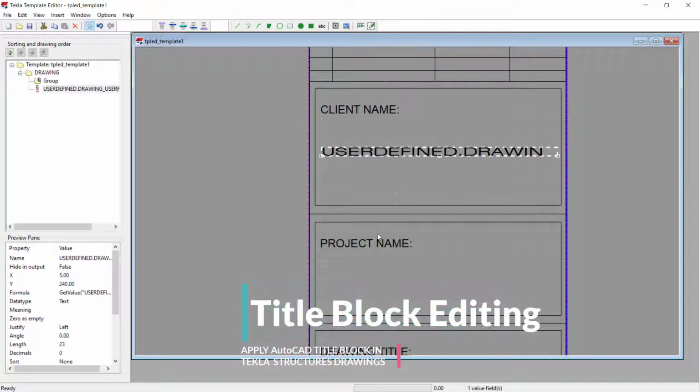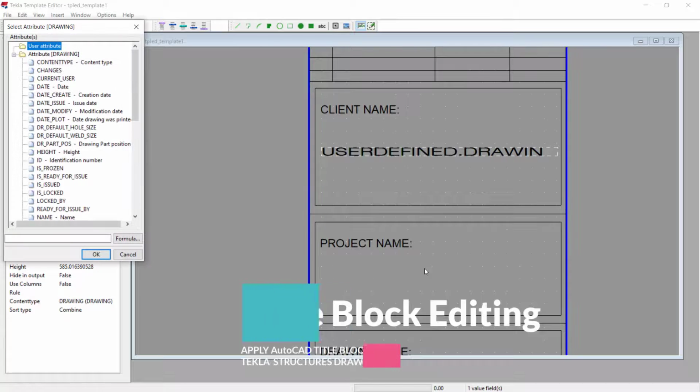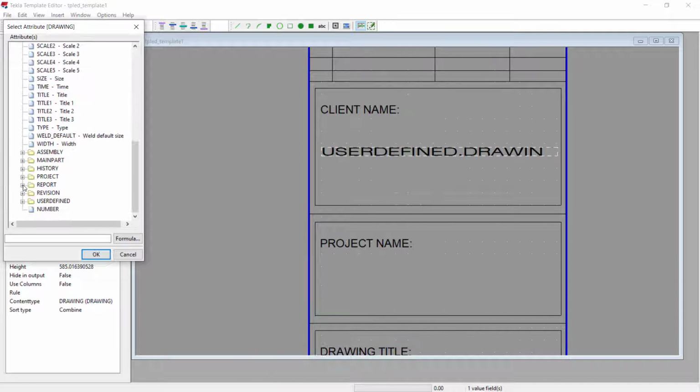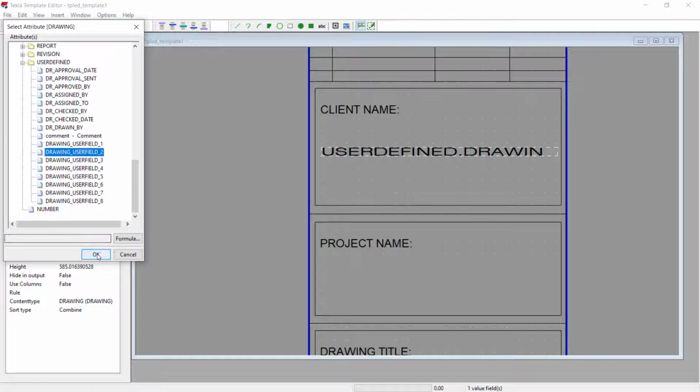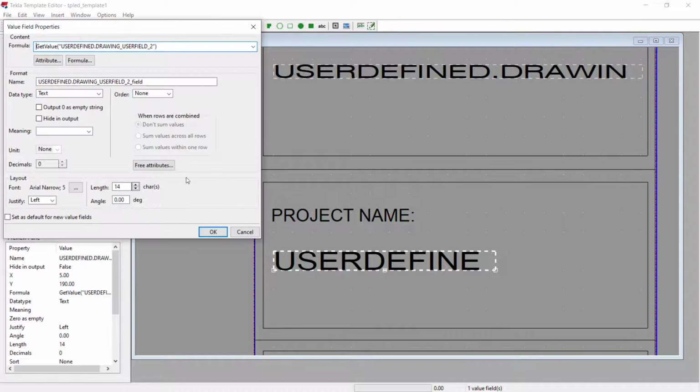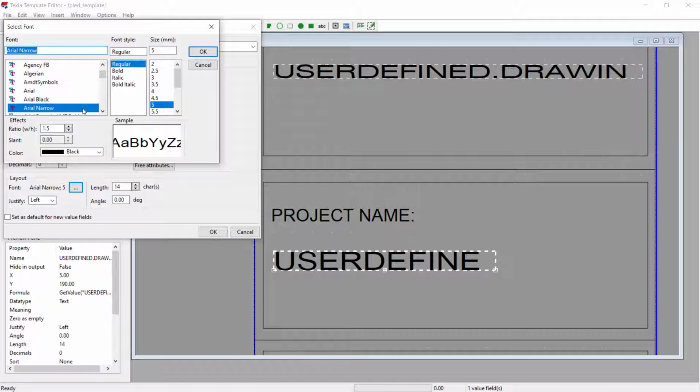Now I'm going to user defined two. I'll come to value field and place my text right there. So the moment I place it there, I'll go to user defined two, scroll down to 2 and place it and click OK, and that's it. I'll double click on that and change this. I'll type in